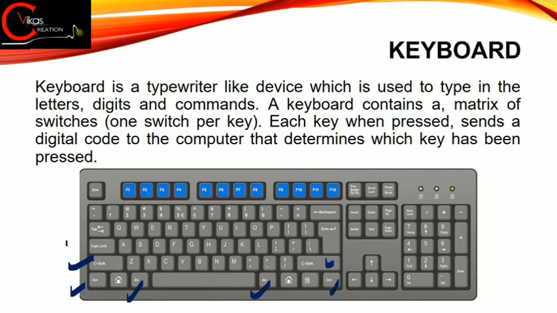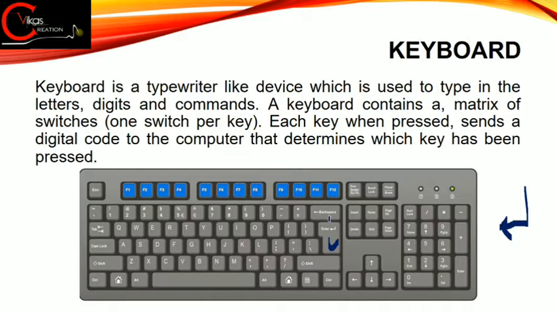Then we have a Tab key and a Caps Lock key. For giving a wide space we use the Tab key, and for switching between small letters and capital letters we use the Caps Lock key. Then we have the biggest key on our keyboard, termed the spacebar key, which is used to give a space. Over here on this side we have one more big key, termed the Enter key. Fine. The sign of an Enter is something like this. An Enter key is generally used to give a command, to execute a command, or to change the line in our typing applications.